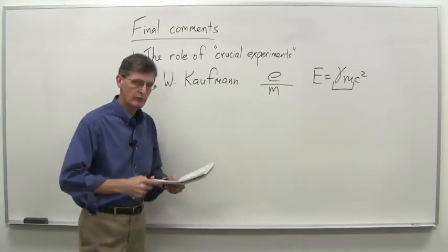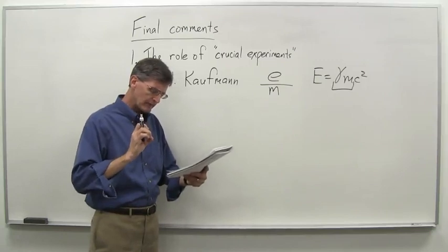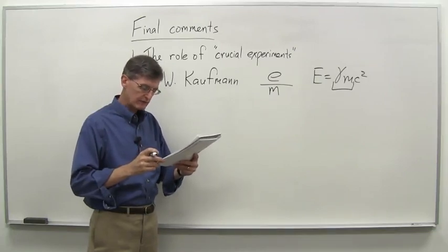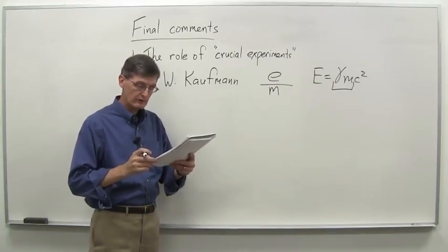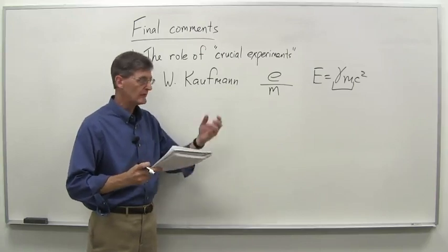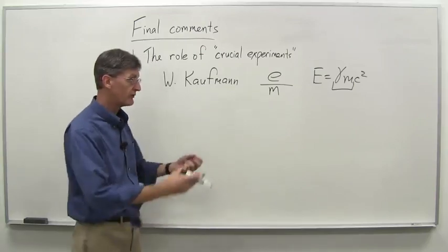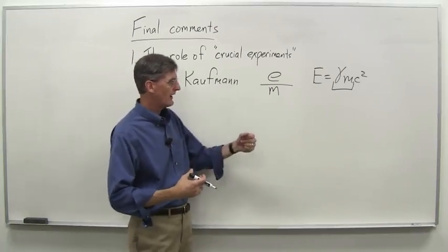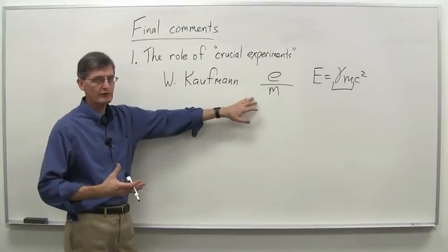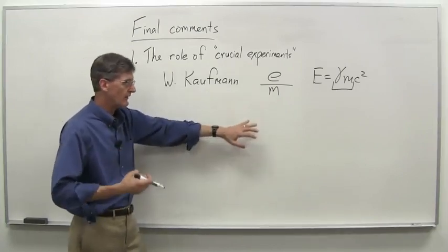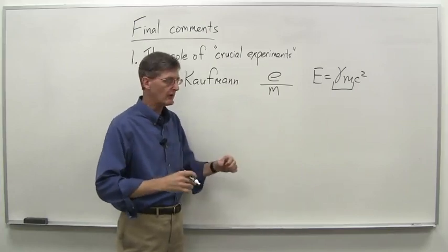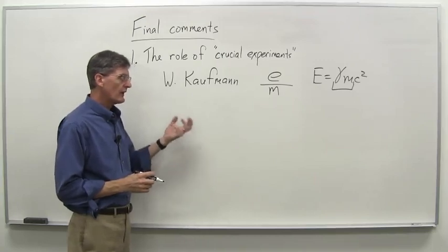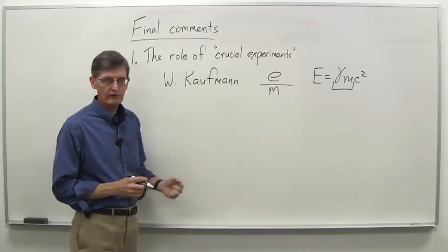And at the end of those experiments in 1905, he said this. His result was, the prevalent results decidedly speak against the correctness of Lorentz's assumption as well as Einstein's. Lorentz, of course, had his own ideas and theories here that were similar to Einstein's. Remember, that's why we call it the Lorentz transformation equations. And basically, Kaufmann was saying, my results here are pretty definite, and they speak against the Lorentz-Einstein way of looking at things. And interestingly enough, what happened is really nothing as far as Einstein was concerned.